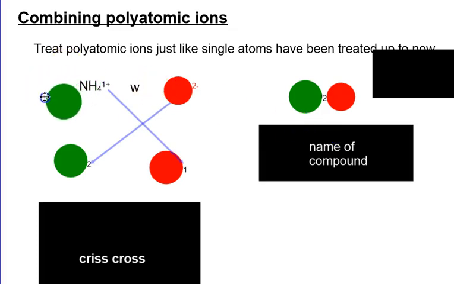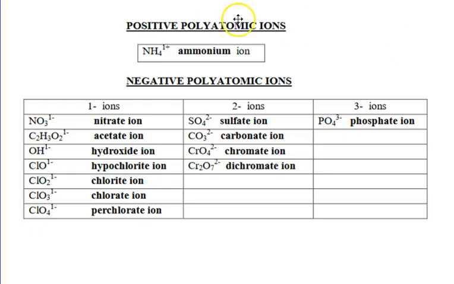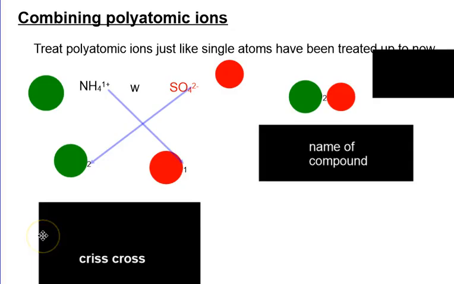So we're going to do, first of all, ammonium. Now see if you can find that on the chart. Okay, you'll see the ammonium ion up here, and that's how you can find it. Now this is the sulfate ion, and the sulfate ion is SO4 2-, where the ammonium ion over here is NH4 1+. So now we go back, and we're going to do just what we did before,